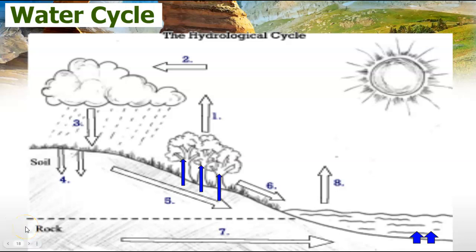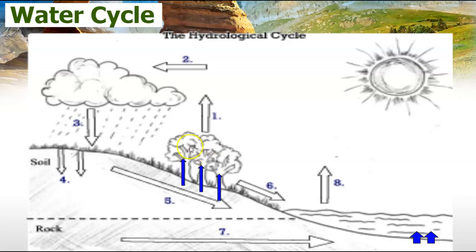All right, so now we are on to Unit 3. The first topic in Unit 3 is water cycle, or the hydrological cycle. At the top of your notes, you're going to notice the picture exactly like this. Maybe not the arrows, you might want to draw those in. But what we're going to do is label the arrows so that you have that information